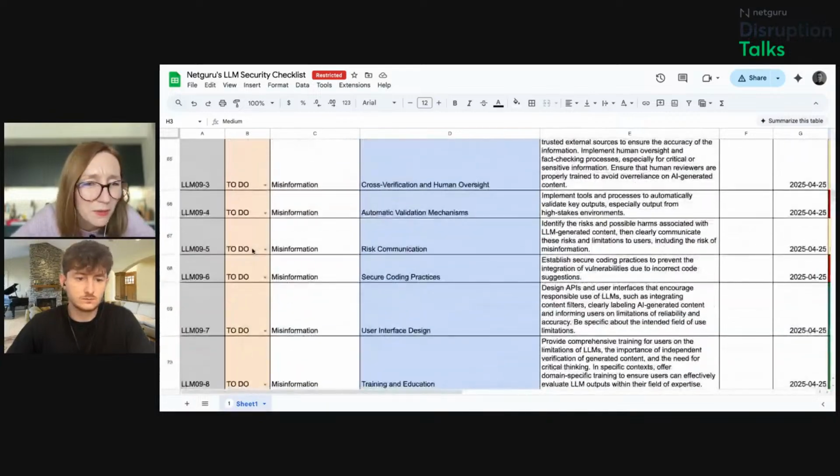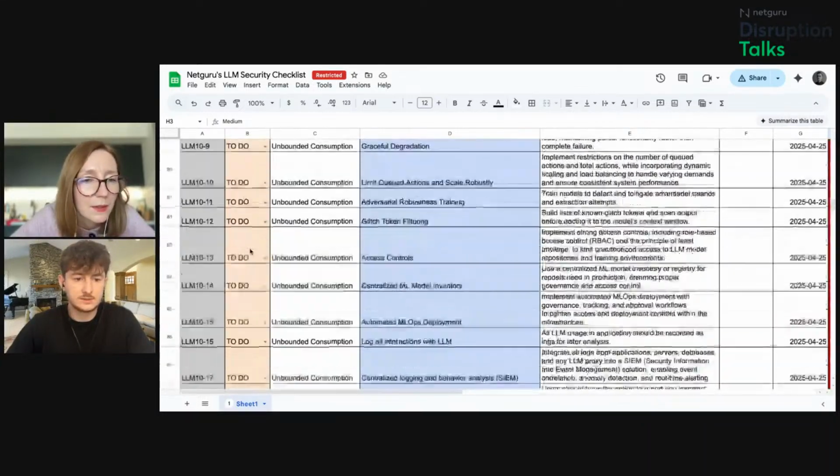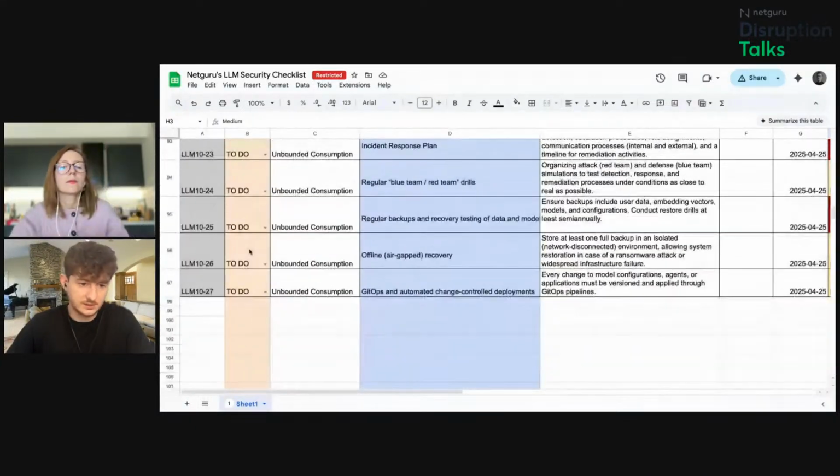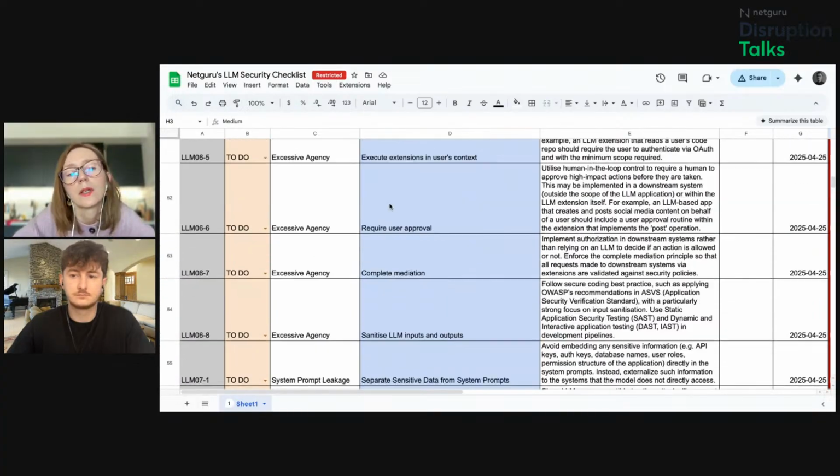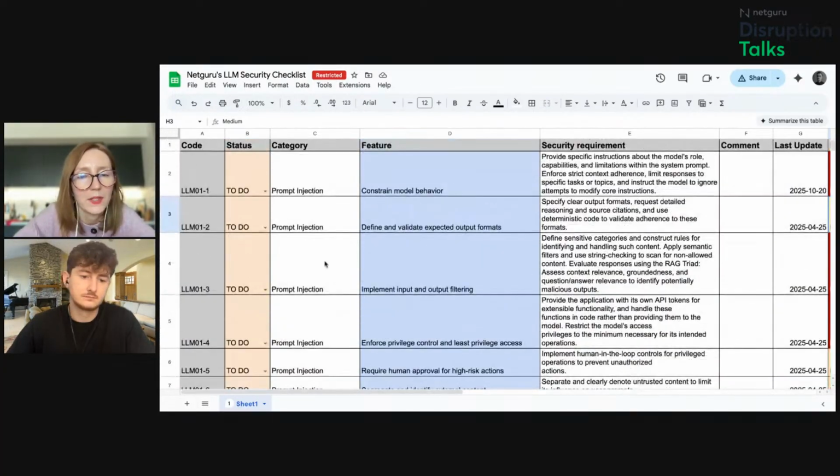We have like 100 fields here? Something like that. Yeah, almost. I guess it's 107. So say I have an app. I went through this list with my team. I tackled all the things mentioned right here one by one. Does it mean that my app is secure and I can rest assured?